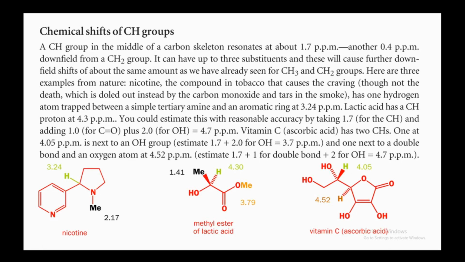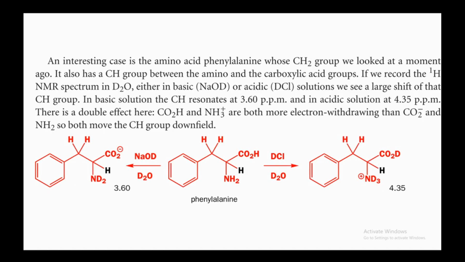So in the previous slides we discussed the ppm value for methyl and CH2, and now we discuss the ppm value for CH groups. An interesting case is the amino acid phenylalanine, whose CH2 group we looked at a moment ago. It also has a CH group between the amino and the carboxylic acid groups. If we recorded the proton NMR spectrum in D2O, either in basic NaOD or acidic DCl solutions, DCl or HCl,